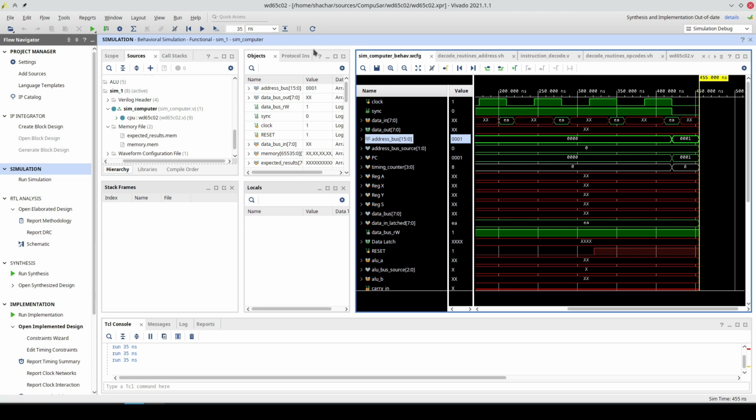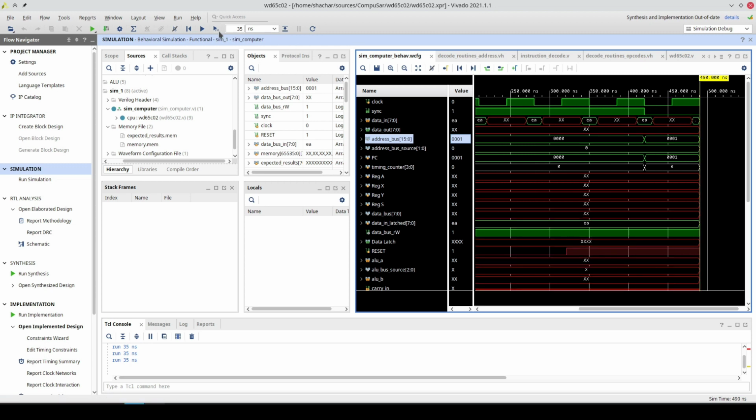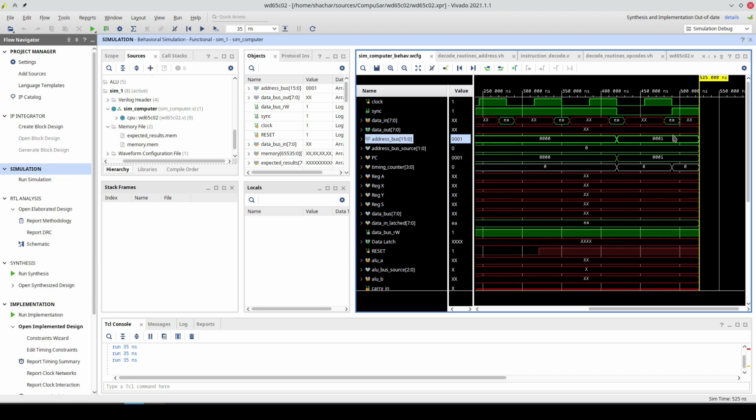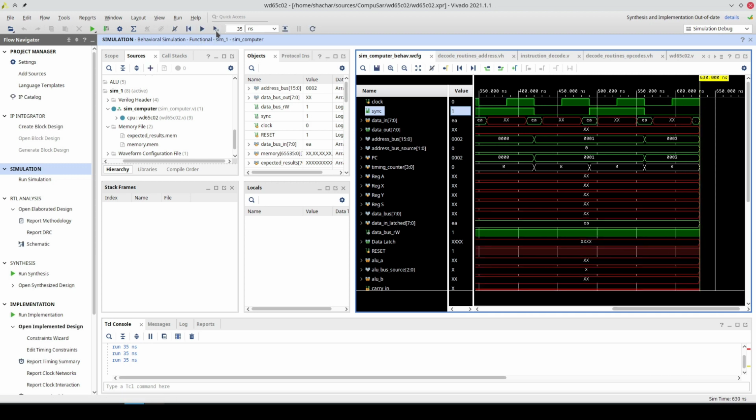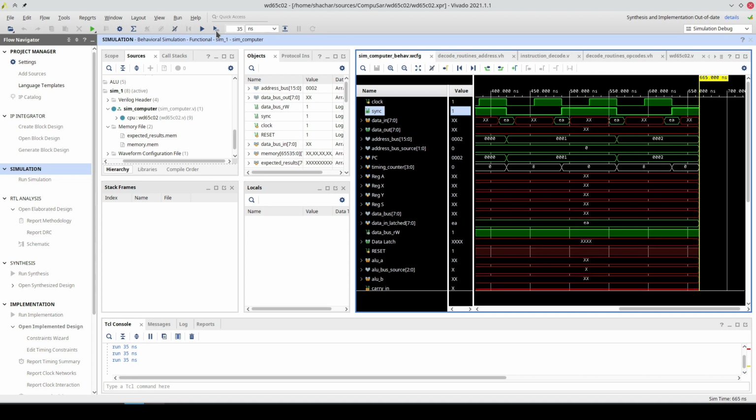Now, moving forward another clock, we start fetching the next instruction, which is at address 1. So the address remains at 1, the sync goes back high, and now we've fetched the next opcode, which is also EA, so another no operation. And again, one cycle when we do nothing because this is no operation.